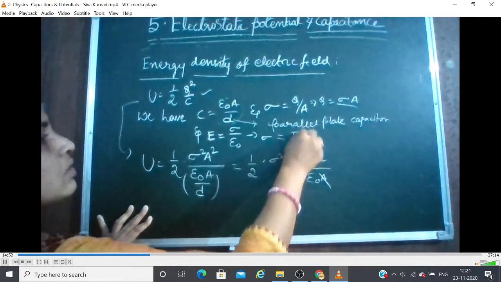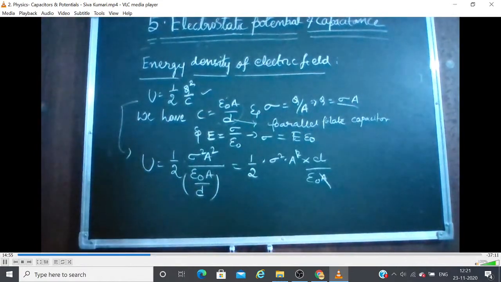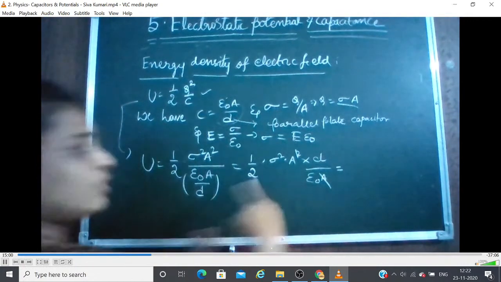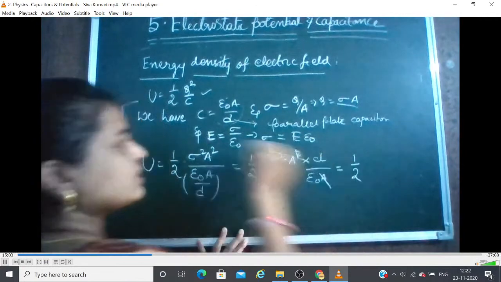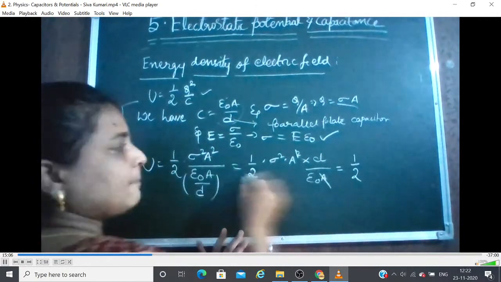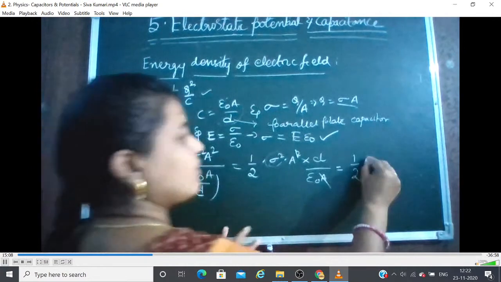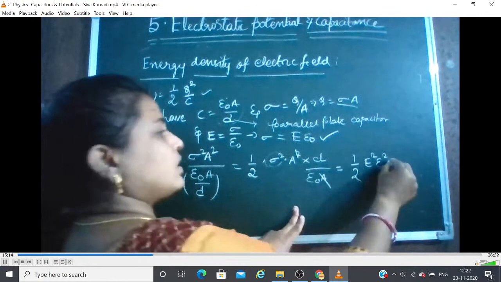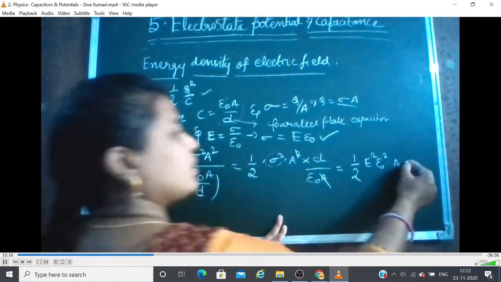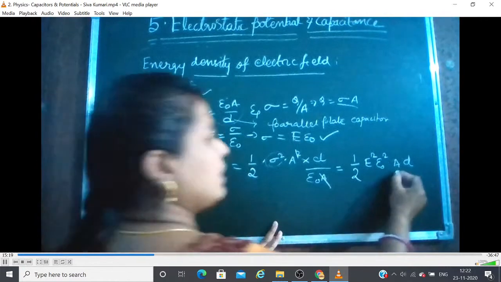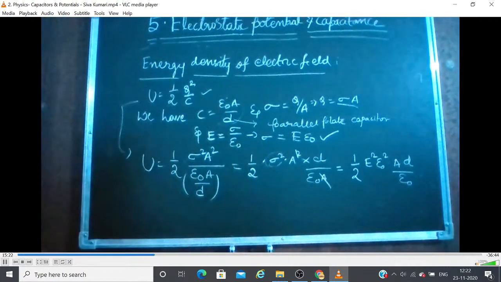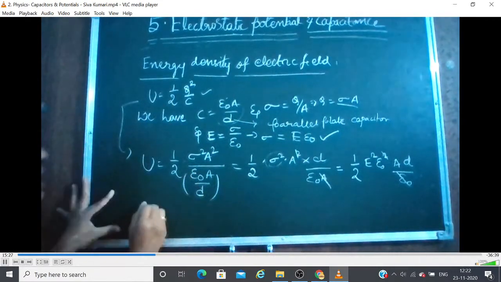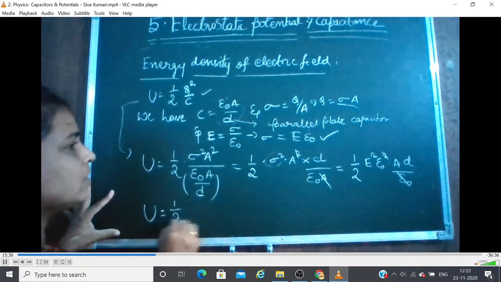Now we have another equation, sigma equals E into epsilon naught. By substituting this equation in place of sigma, we will have E square epsilon naught square, and what is remaining is into A into D by epsilon naught. Here the epsilon naught and this one cancel. And finally we got an equation, half E square